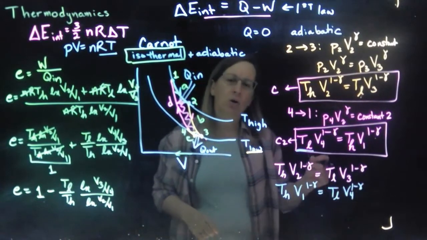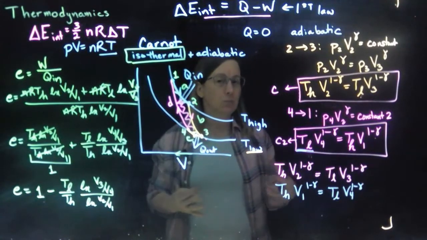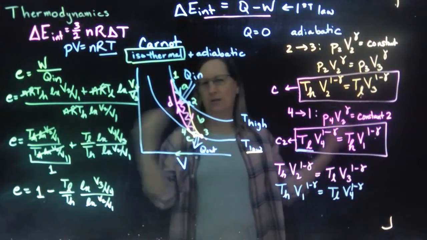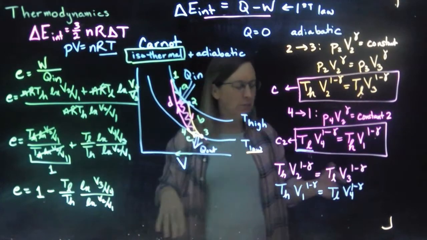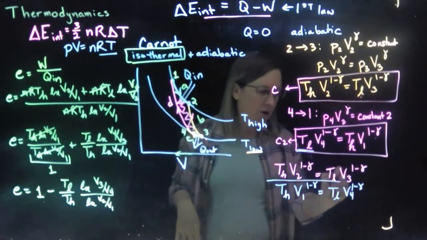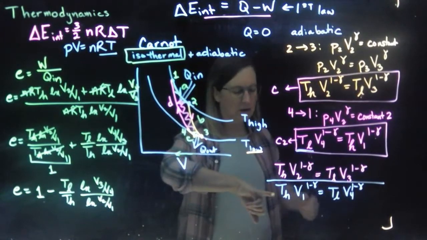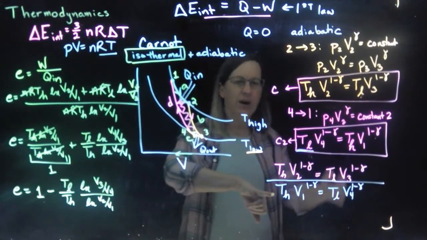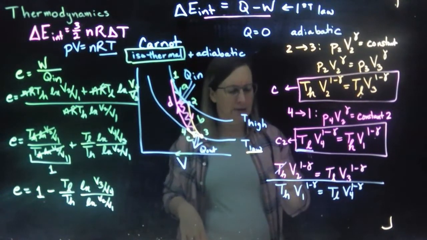Now, you can divide an equation, as long as you divide both sides by the same thing. Like you can divide both sides of an equation by 2 or both sides by 1,000,000, it doesn't matter. What I'm going to do is divide this top equation by the bottom equation. I'm going to divide this side by this, but since these are equal, I can divide it like that. And the reason for doing this, I hope you'll see, is that the temperatures go away,